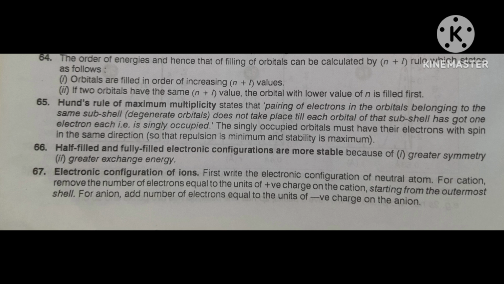Same way, in reverse, you can tell for anion, you just add one electron to that atom. Suppose it was 11 and it is an anion, then now 11 plus 1, 12. Suppose it was 12 and 2 electrons it has taken, then it becomes 12 plus 2, 14. Suppose it was 15 and has taken 1 electron, now it becomes 16. Then you have to write the electronic configuration for this number after adding.